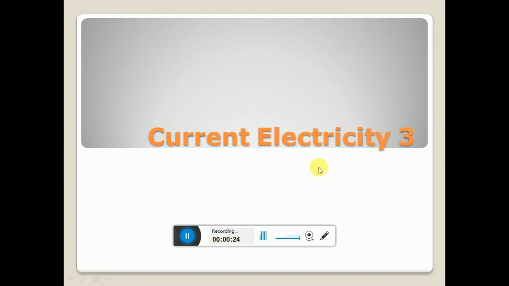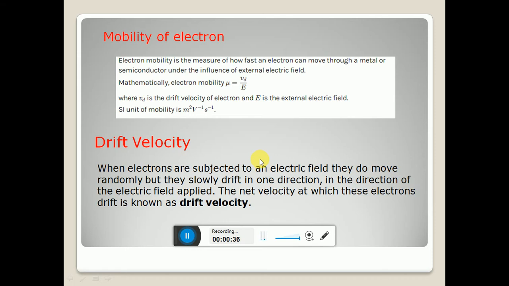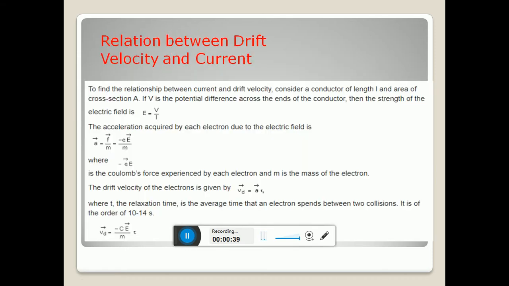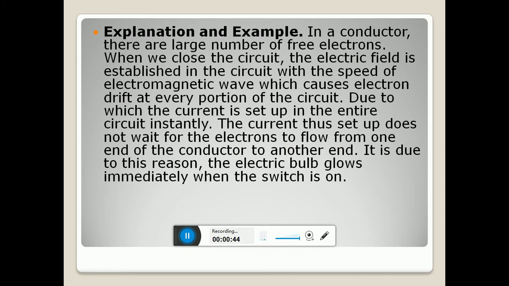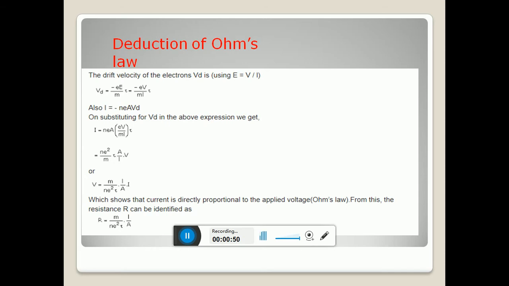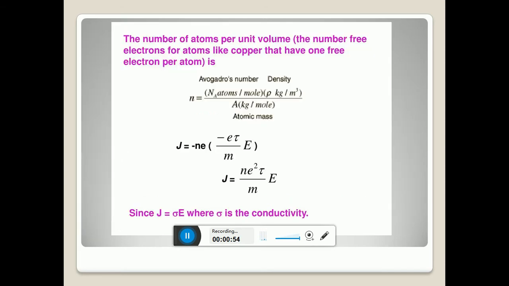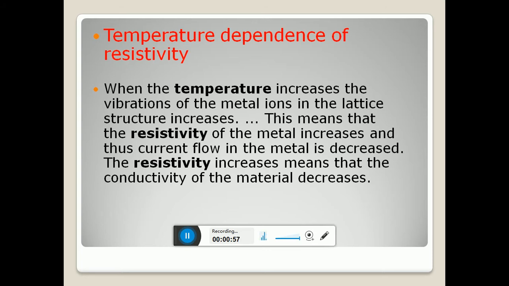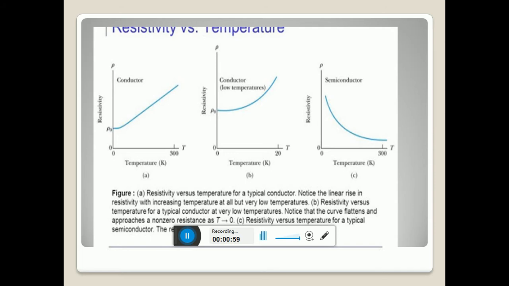Before starting the topic, let me revise what we studied in the previous class. In current electricity 2, we studied about mobility of electrons, drift velocity, relation between drift velocity and current using electron theory of metals, relation between current density and drift velocity, deduction of Ohm's law from electron theory of metals, temperature dependence of resistivity, variation of resistivity with temperature for a conductor at higher temperatures and at low temperatures, and for semiconductors,